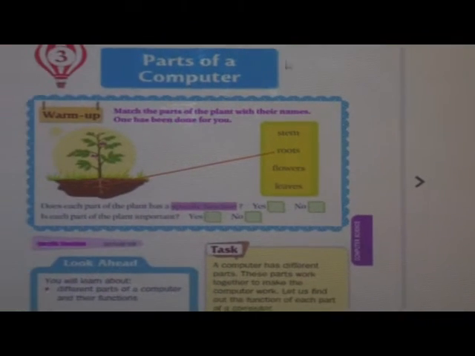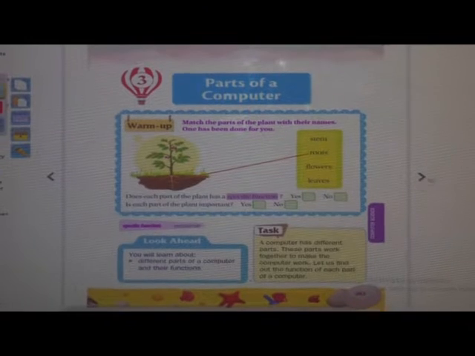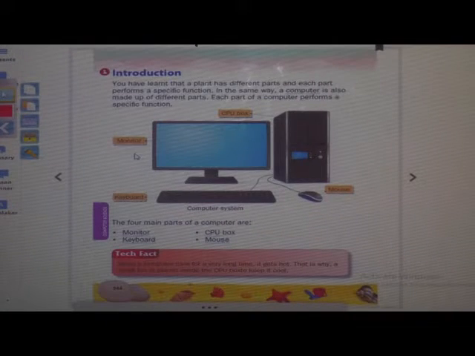Everybody open the book. Page number 243. So this is your third lesson, parts of a computer. In that we have learned the first, that is introduction. In the introduction we have seen there are 4 parts of the computer, that is monitor, CPU box, mouse and keyboard. Yes students, do you remember all these things? Yes, and even we have seen that computer, if we keep it on for a long time, it gets hot inside. So for that in CPU there is one small fan. It keeps the computer CPU box cool.